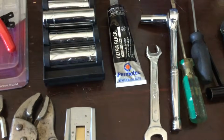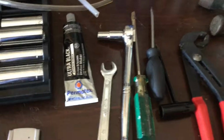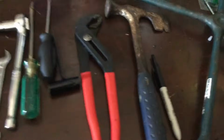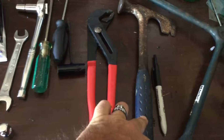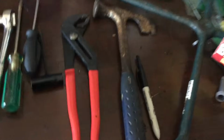Some random wrenches, a regular socket set, some various screwdrivers to help pry some things up, a pair of pliers that can come in a little bit handy. One thing you definitely won't see on the Hydro Gear website is a tool, I believe, is a hammer. I'll show you the one thing that I use that for. A Sharpie and